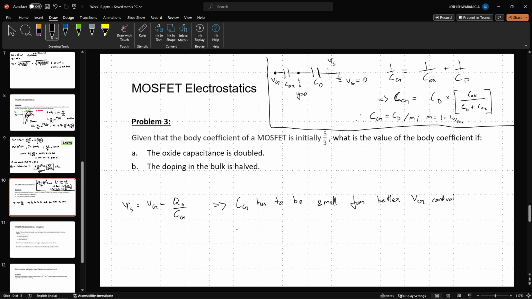And the smallest value Cg can have, so Cg min, is unfortunately equal to Cd, because anything like Cox has to be infinite. That is one way we can achieve that. Okay, so this is the smallest value it can have, and as a result of which we have